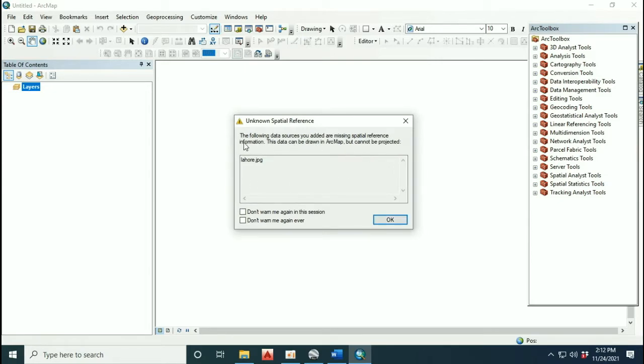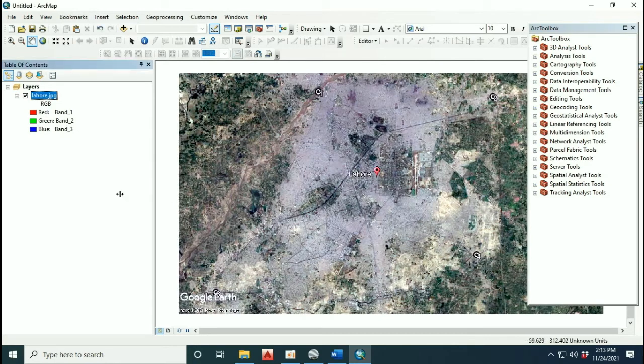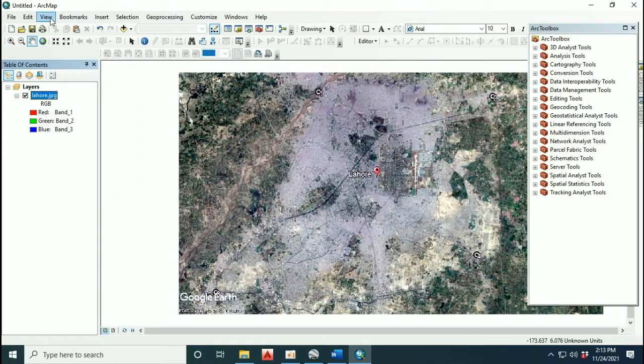When we add the imagery, there is an unknown spatial reference system, as we have to provide the geographical coordinate system.